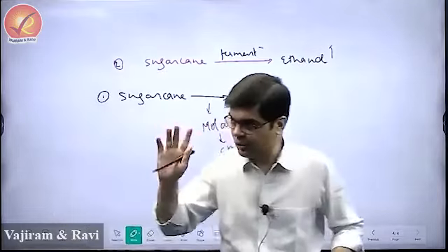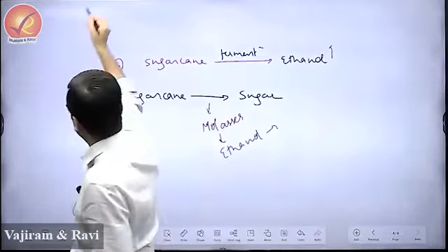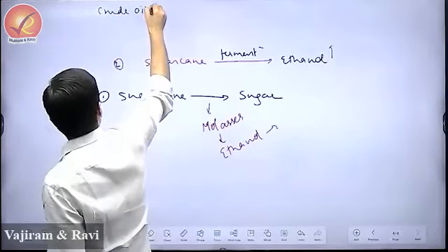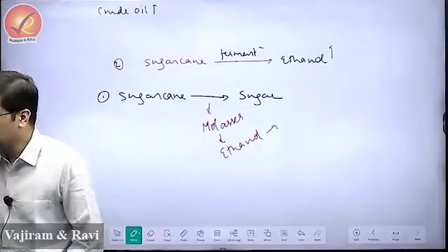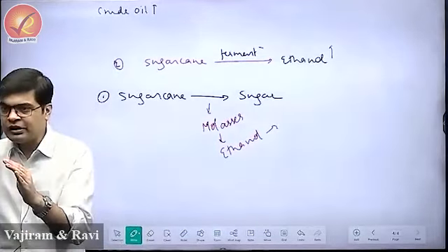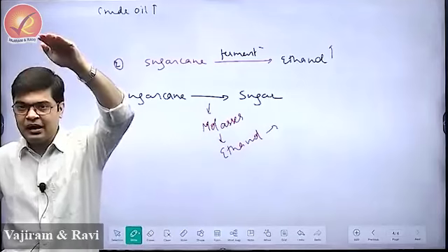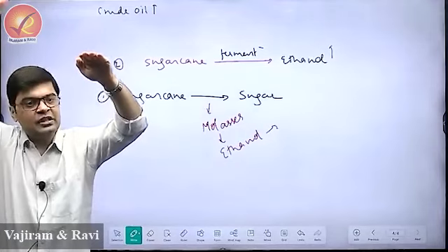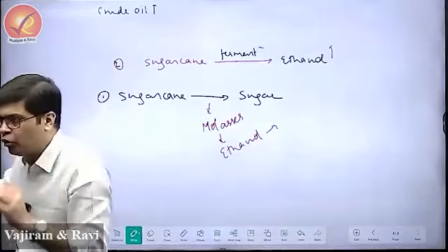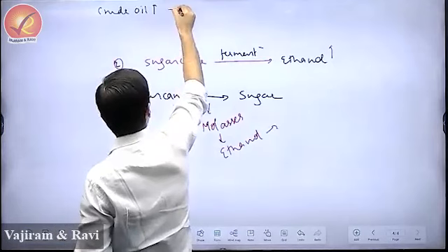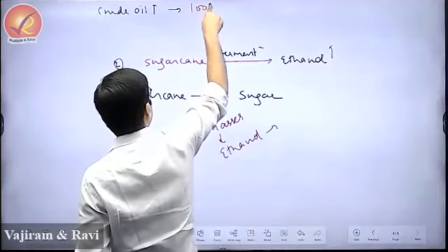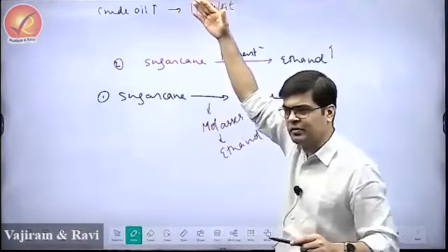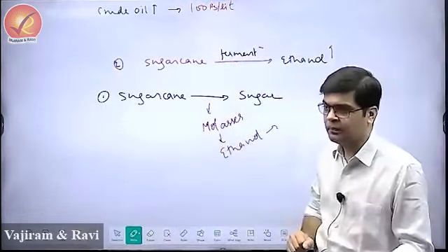Now suppose case number 1, I am assuming that crude oil prices in the international market are very high. If other factors are constant, can I say, if crude oil prices are high, the price of petrol will also be high, the price of diesel will also be high. So because of high crude oil prices, let's say petrol is being sold at 100 rupees a liter. Take a hypothetical. Take high crude oil price mein petrol is being sold at 100 rupees a liter.